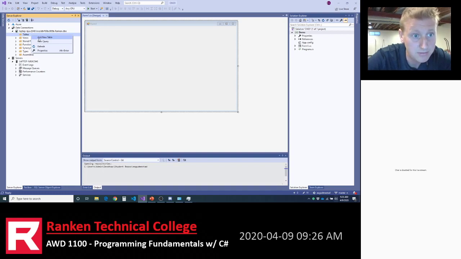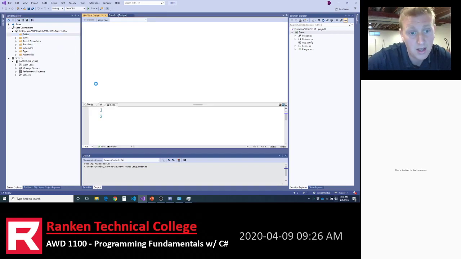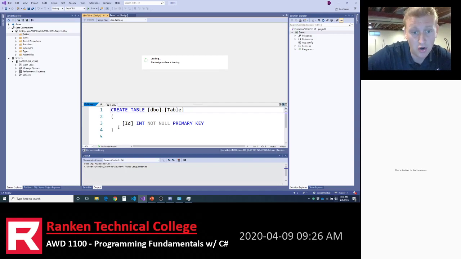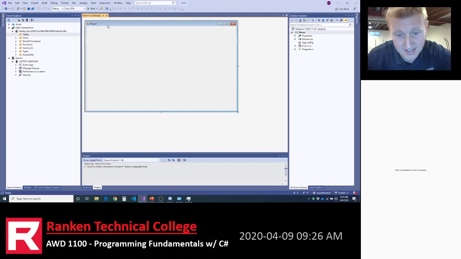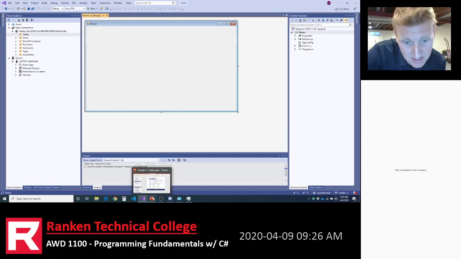So we now have our database created, and from there we can create tables. Right-click, add new table, and you can write the code. This is SQL. Or you can use a GUI to create the table, and the GUI is going to be right here. So again, you can write SQL or use a nice little pretty interface, and we will do that. I did not create a table at this point. I just closed that tab.